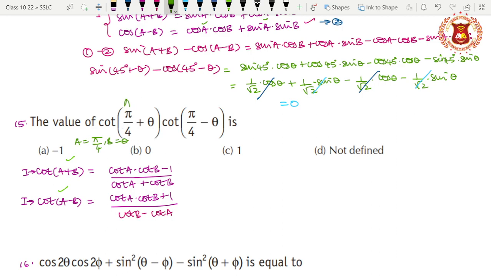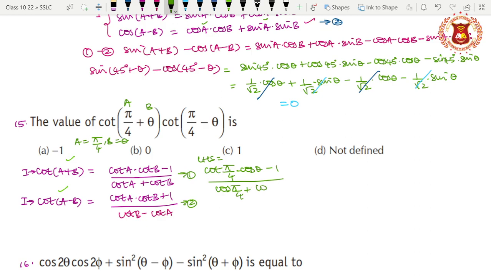Now cot of a plus b into cot of a minus b is equal to what here? Let a be pi by 4 here and theta be b here. When I multiply these two terms, I will get cot a into cot b. I multiply 1 and 2 here, right? This is the LHS here. Okay, I am trying to write the result here. Cot of pi by 4 into cot of theta minus 1, because b is theta here, whole divided by cot of a, which is again cot of pi by 4